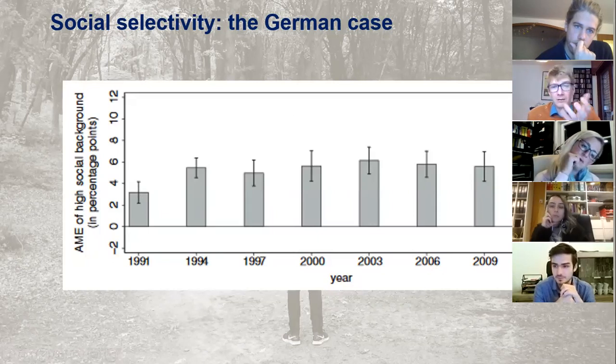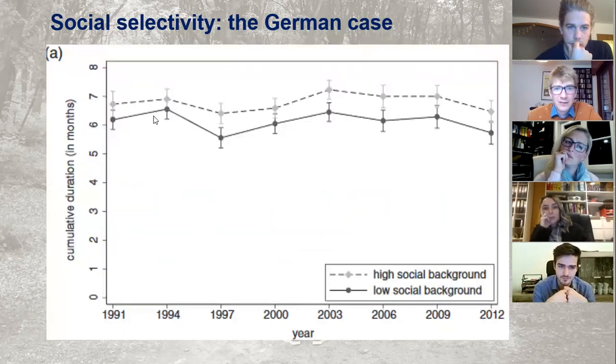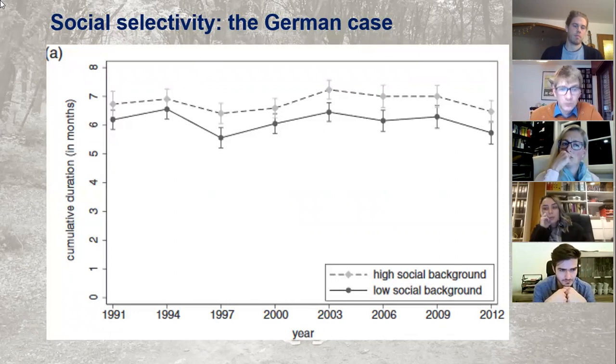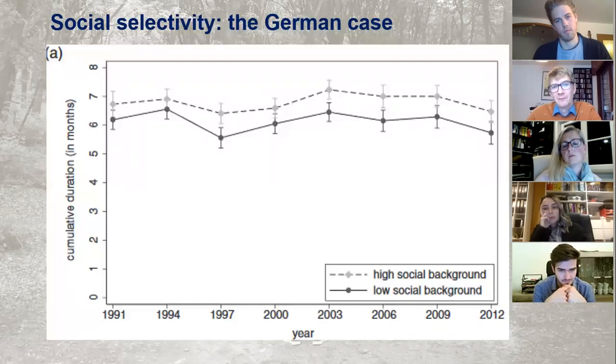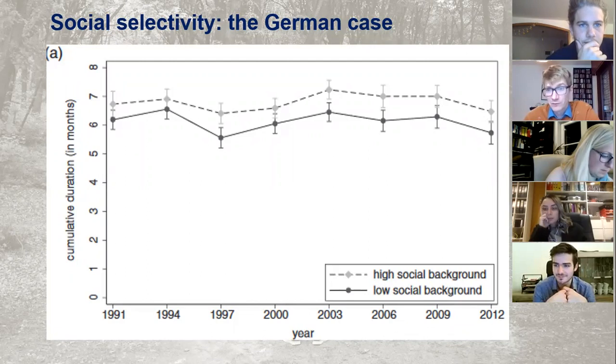But then the question that they posed was, okay, we see that social inequality remains quite an issue, but do we also see differences within mobility? So they started to look at, for example, what the average duration is that people go abroad. They discovered that those from higher socioeconomic backgrounds are much more likely to go for longer periods abroad, which again makes a qualitative distinction compared to those from lower socioeconomic backgrounds. It links to Bourdieu in the sense that you need more money to spend more time abroad.